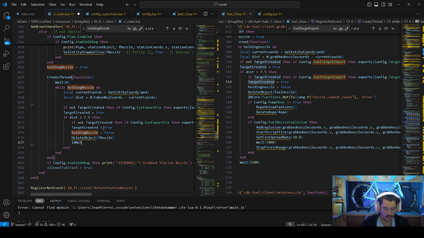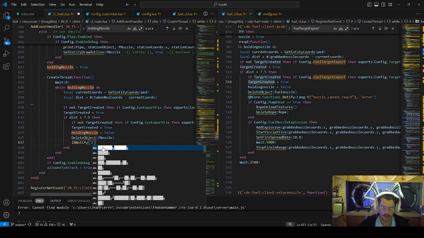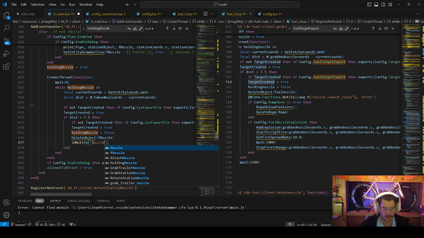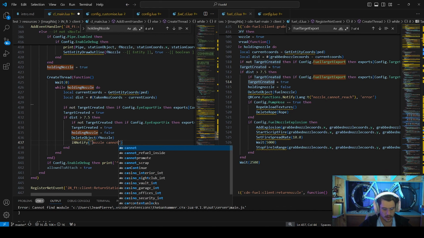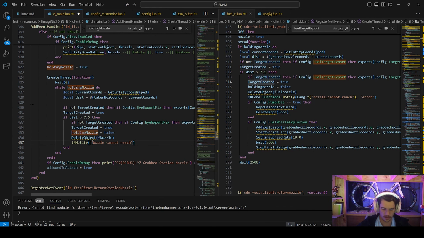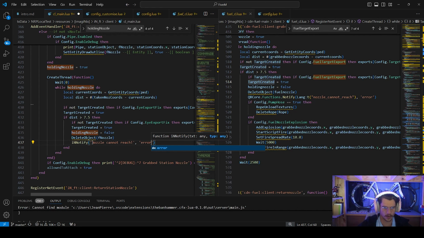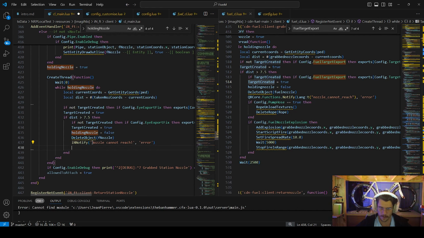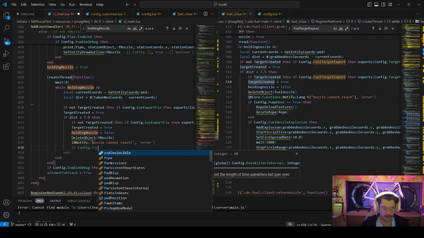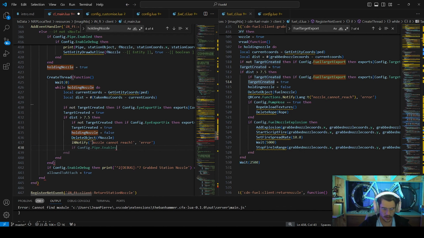Then we do a notify. And we will do what? We will do "nozzle cannot reach." Just exclaim it and say error. Okay. Then if config.pipe.enabled